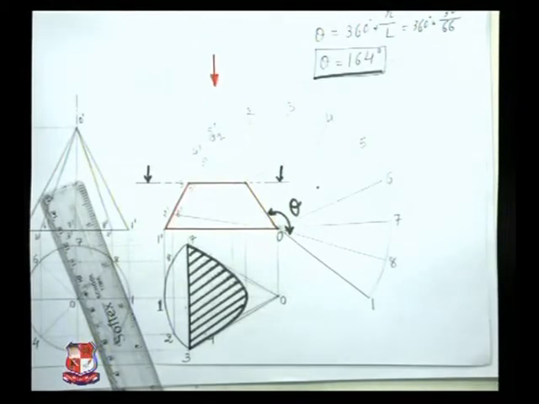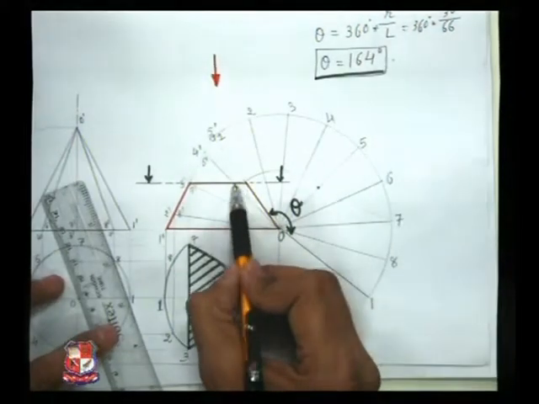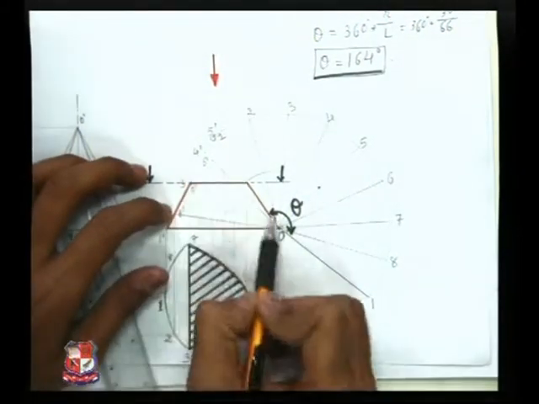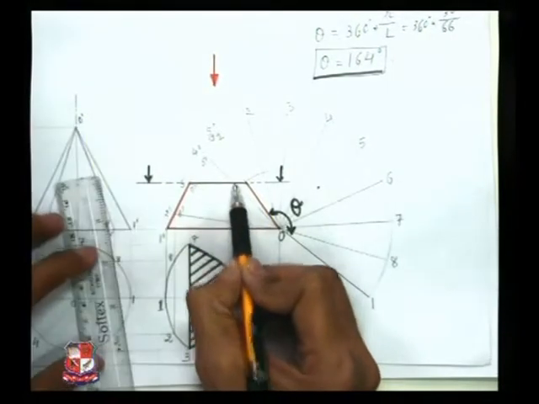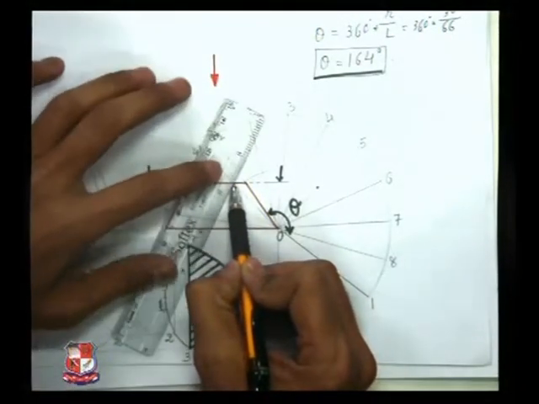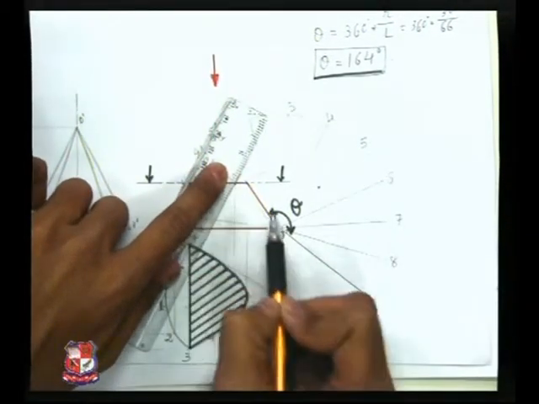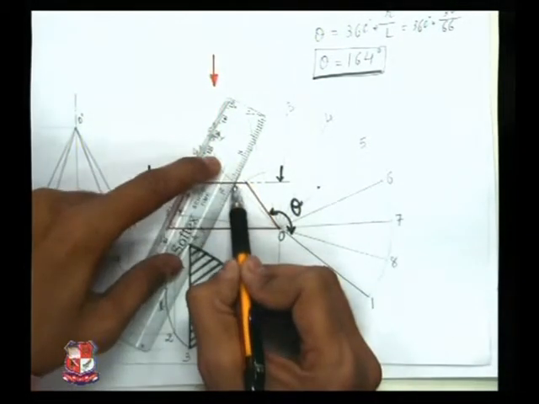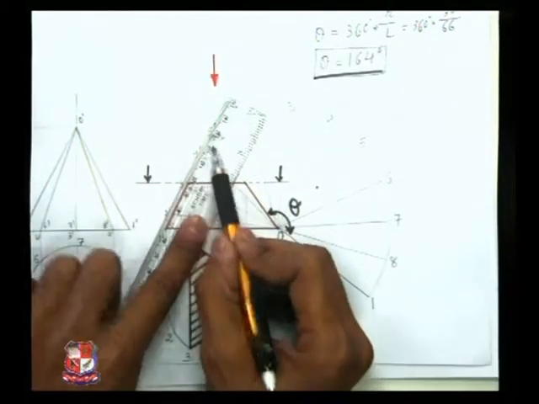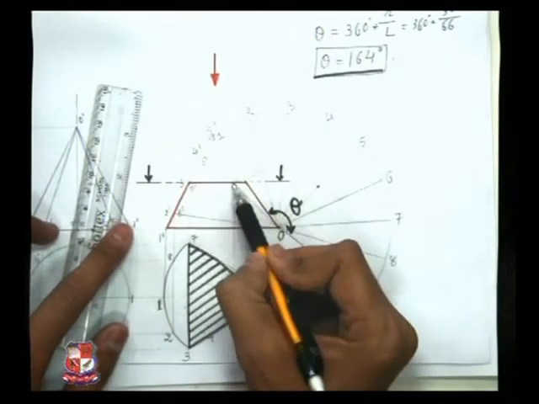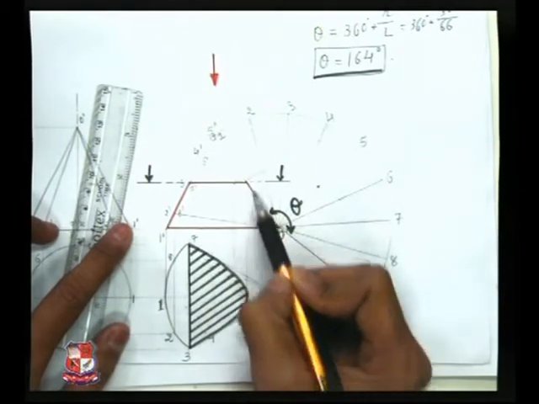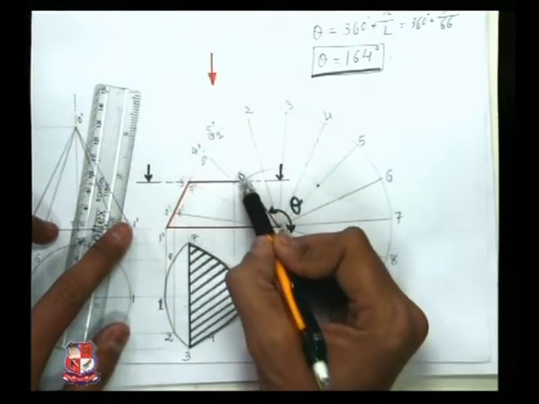Now the second point, which is somewhere here, on O dash 4 days and O dash 6 days. So find out the true position of this point. For that, transfer that point to its true length, that is O5. Draw a line from this point parallel to the base, right. From this point, draw a line which is on O dash 5 days at somewhere here.